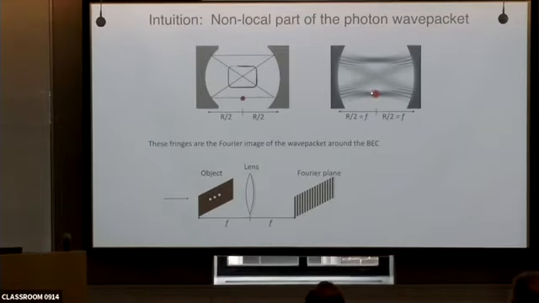So what's happening here is because I'm confocal, which is what gave me the multimode distribution and multimode degeneracy in the first place, I have a particular boundary condition on the focal length and the path length of the light. So as I go from here to here, I'm actually taking a Fourier transform. So this light here is just the Fourier transform of this local photon wave packet. But of course, if I put an atom there, it interacts with that non-local part, not just the local part, and vice versa. And if you look at what happens when you're interacting the non-local part of two spots coming together, you work it out, that's what you get. In some hand-wavy sense. So that's a really neat thing.